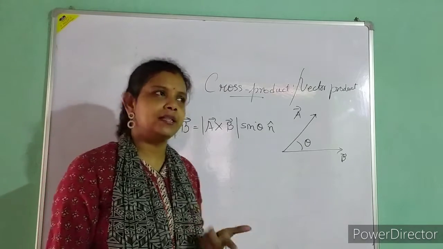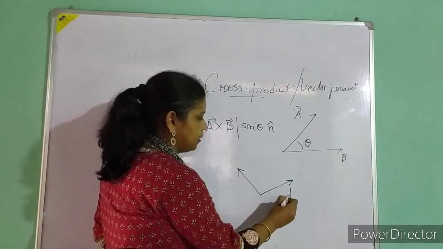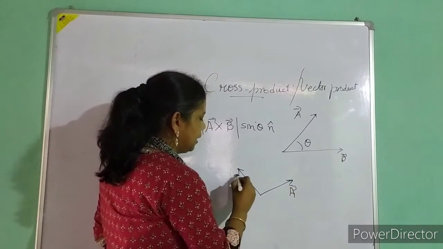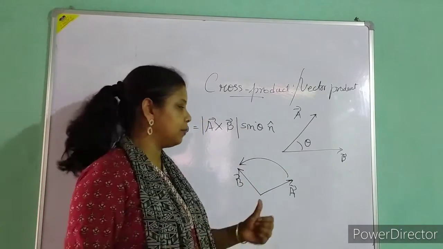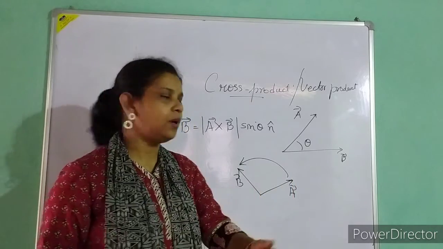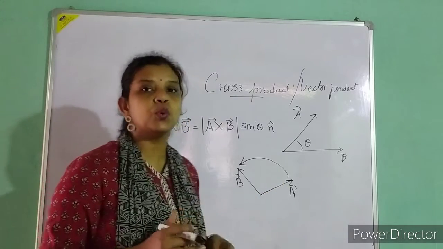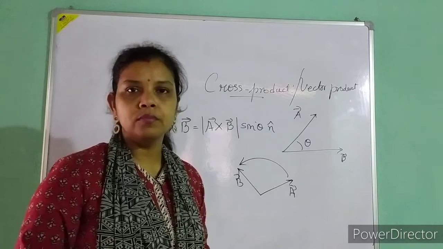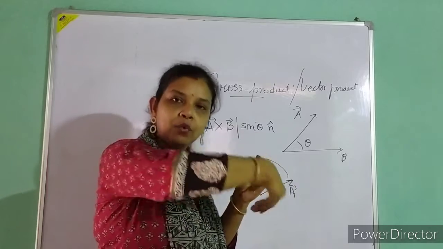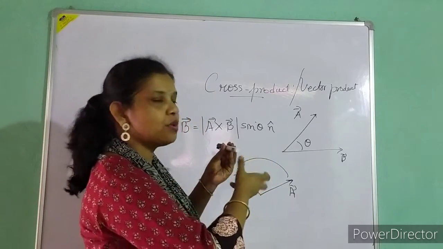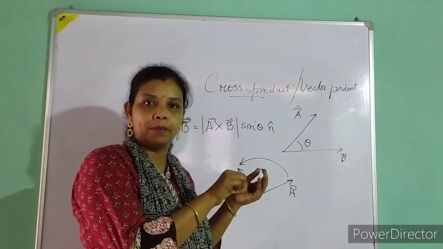A few minutes back I said in class also that if these two are vectors, A and this is my B, they are moving anti-clockwise. Then the perpendicular direction will be either out of the paper or into the paper. It is the z-axis. So now which one? Think of a screw. You have a screw at your home. Suppose I am rotating it like this, meaning I am rotating clockwise. When I rotate clockwise, what will happen to the screw? The screw will go into the paper.